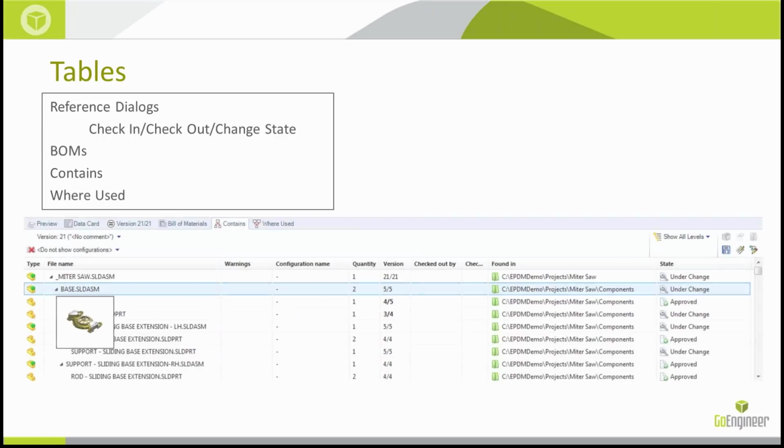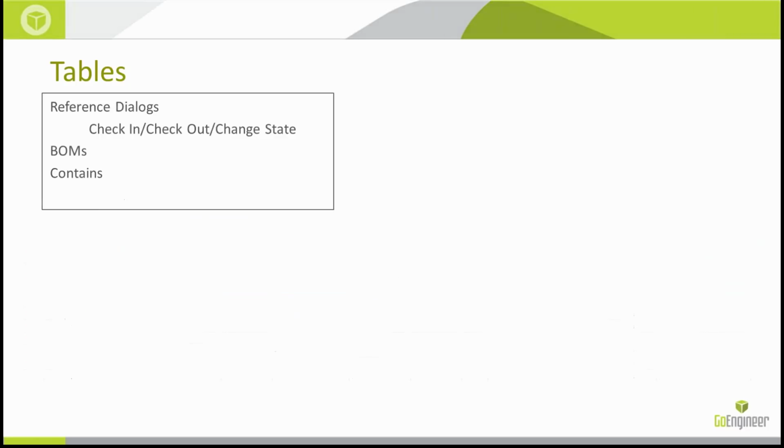We've really got 4 areas in EPDM where a user actually interacts with the tables. The first being our reference dialog boxes, our check-in, check-out, change state dialog boxes. There's a couple more, but these are the dialog boxes where it lists a file and all of the references. We've got bills of materials, we've got contains, we've got where used information. All three sections